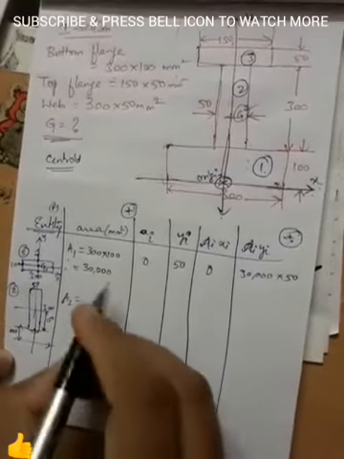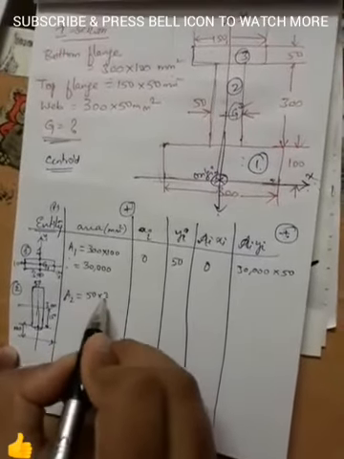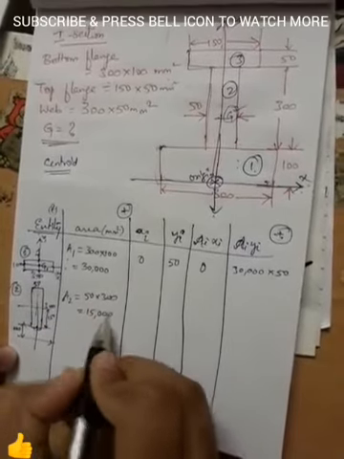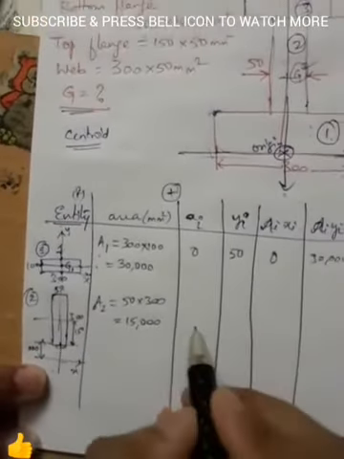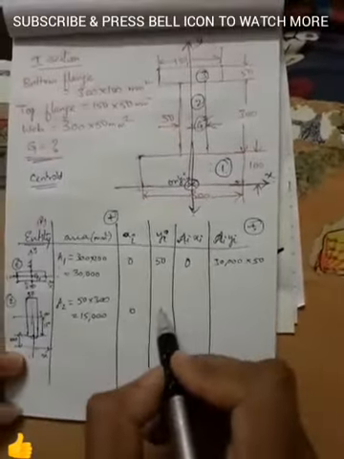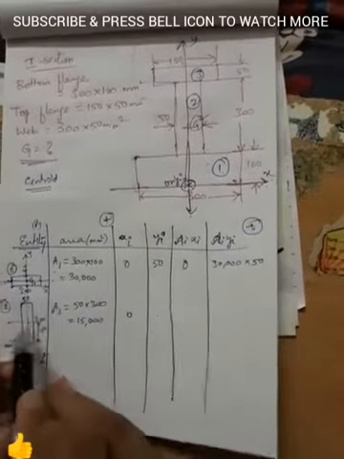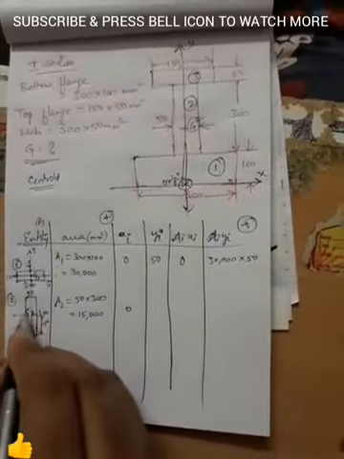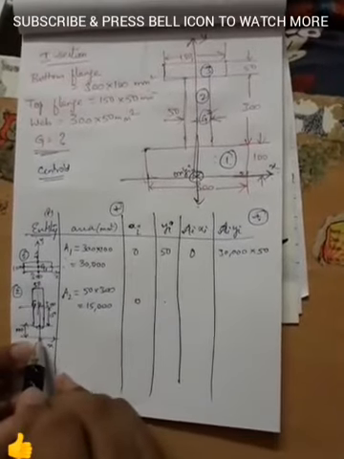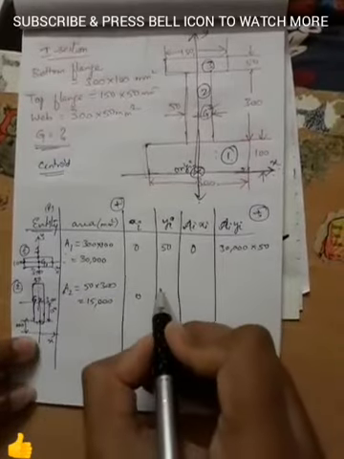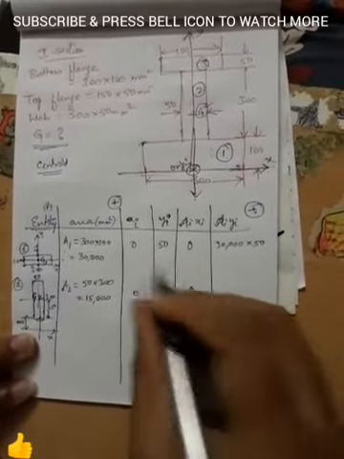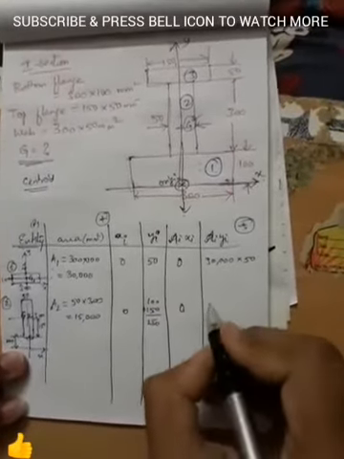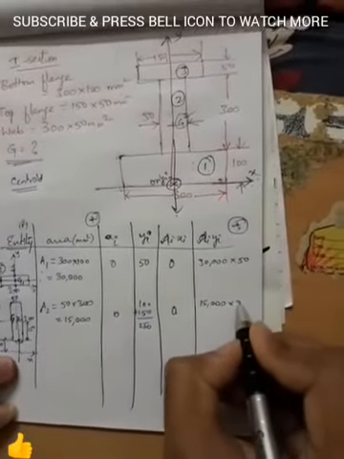Now let us first write the area of this particular web. It is 50 into 300, which is 15,000. Now again, since this is x-axis and the centroid is lying on y-axis, x will be 0. On y-axis, x is 0. What about y? Where is this particular G2? G2 is at 0, 100 plus 150. This is 100 plus 150, which is nothing but 250. Now this becomes 0. 0 into 15,000 is 0. And 15,000 into 250 will be A2 y2.